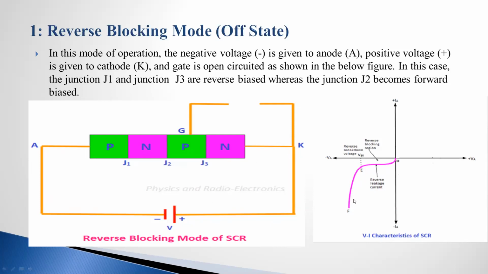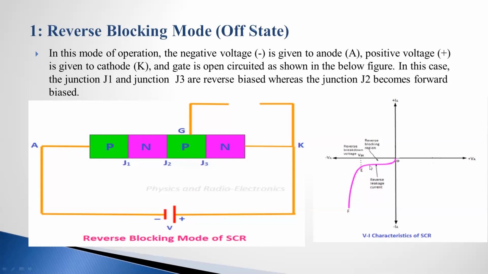The voltage will become constant and the current increases like this. Is it clear? But it should not happen like this. In reverse blocking mode, the thyristor should never conduct, because the thyristor is going to be damaged if the reverse voltage is applied and increased more and more, and the thyristor starts to conduct in the reverse direction. It should not happen like this.